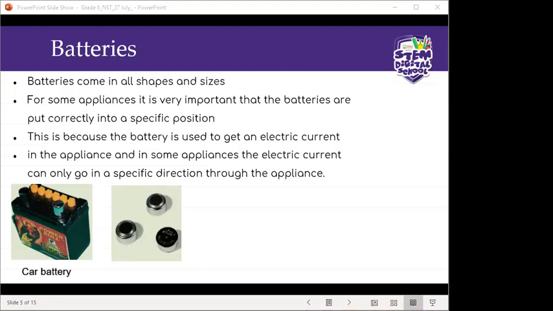Ma'am, those batteries, they are used for watches and, what else? I think they are also used for some mouses that they use for computers. Oh, okay. Wonderful. Thank you very much, Triasha. Okay, let's hear Nomathemba. Ma'am, small toys. Small toys. All right. Beautiful. Thank you very much, Nomathemba.